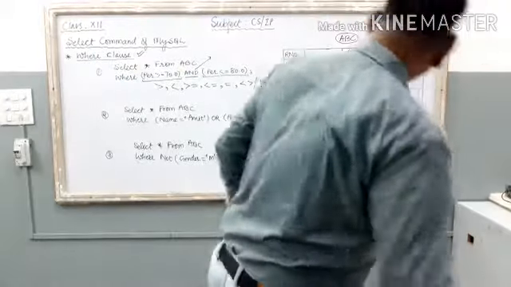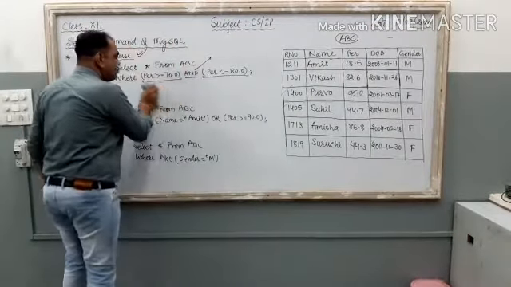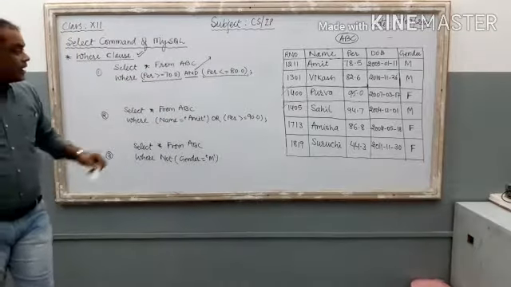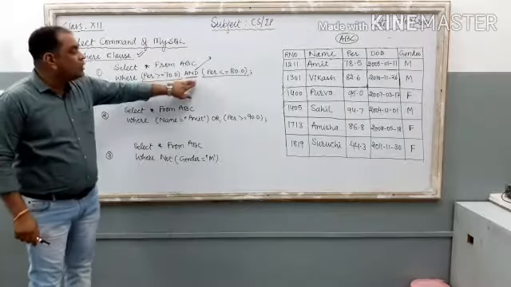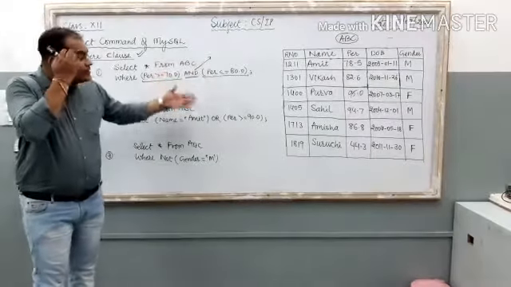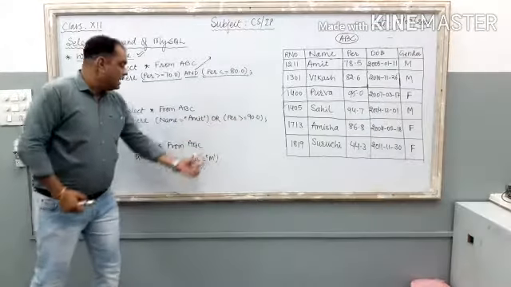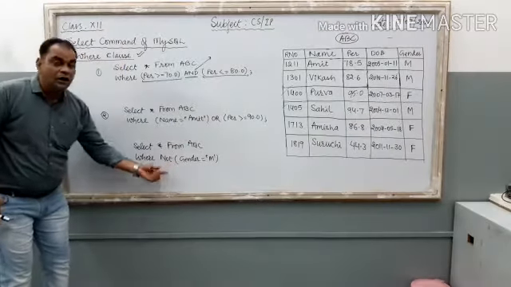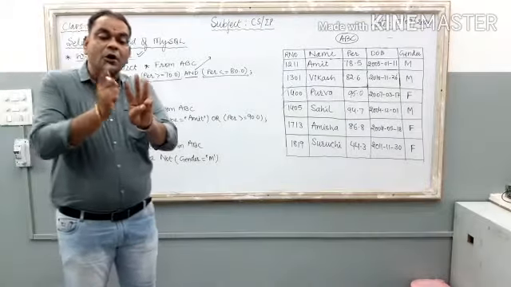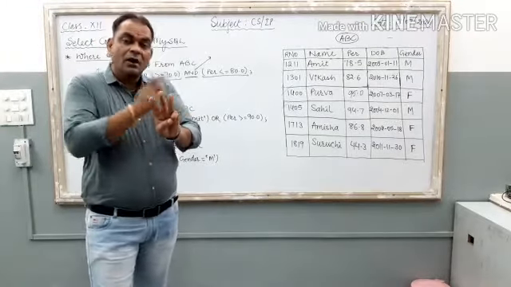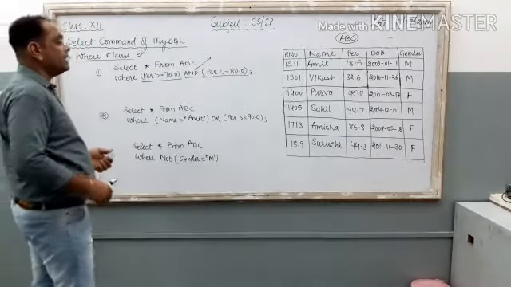I wrote two different conditions in the statement, and I combined these two conditions with the AND logical operator. Now, just see what AND is. In the second command, I use OR. In the third one, I use NOT. So AND, OR, NOT. These three are the logical operators of MySQL. Now what is their work? What is the role of these logical operators?